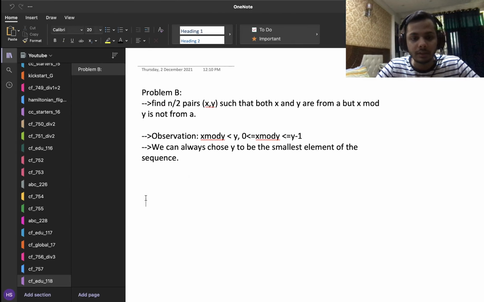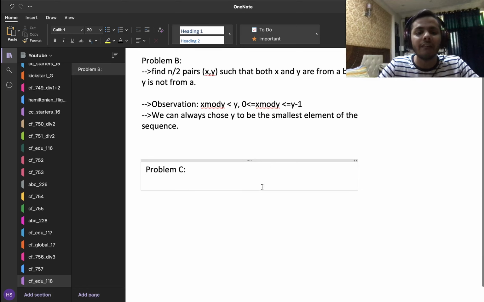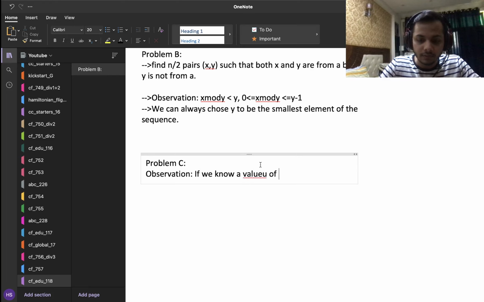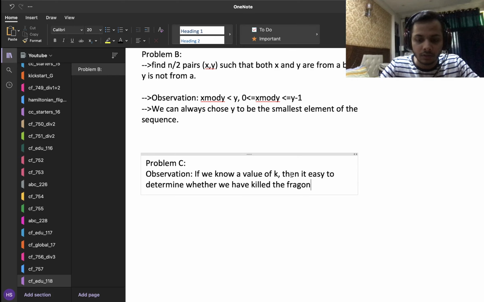Okay, let's see how to solve this problem. The main observation here is that if we have a particular value of k, it is very easy to determine whether we have killed the dragon or not after the n attacks.